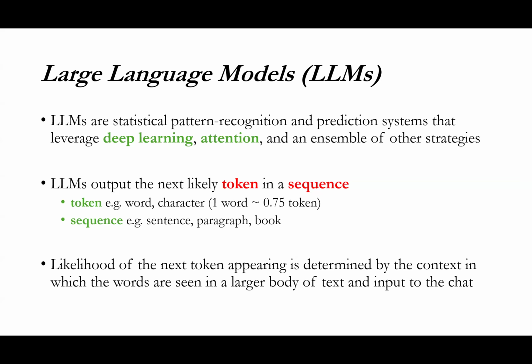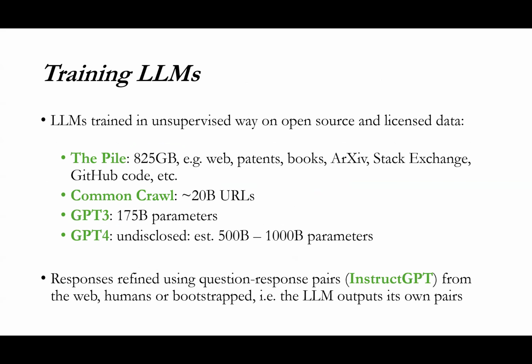They output likely tokens in a sequence. The likelihood, you can vary that with heat, so there is flexibility in the output, the randomness versus the other. They're trained on open source data, with InstructGPT, at least for some of these LLMs, to provide that reinforcement learning. Again, I'm not going to spend too much time on this, it should be a whole talk at this point, but it is what I want to highlight: it's an ensemble of techniques brought together to give us this pretty interesting NLP prompt engine